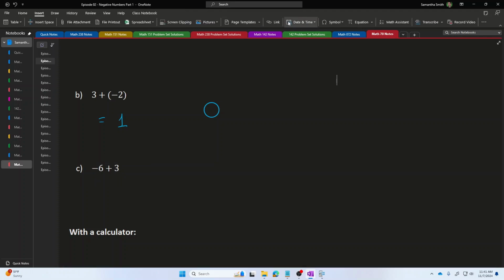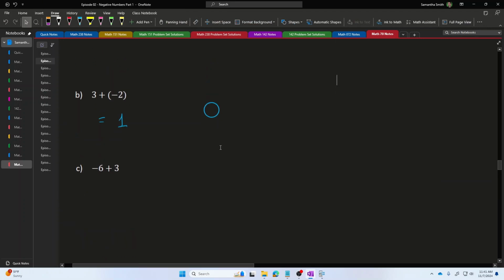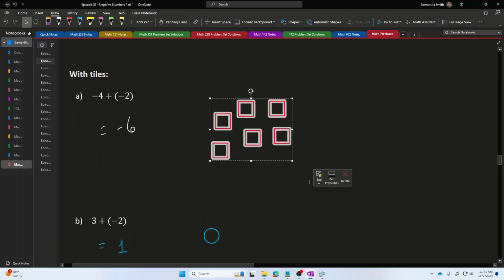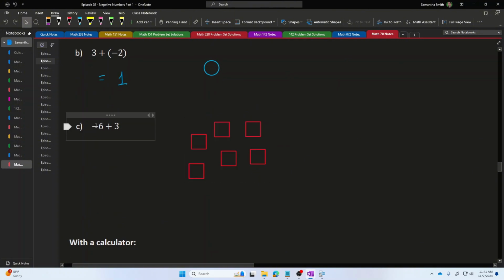If I want to represent this situation using tiles, then I can start with a pile of 6 red squares to represent this negative 6. And I can start with a pile of 3 blue circles to represent this positive 3 that I am adding. And if I put those piles together,